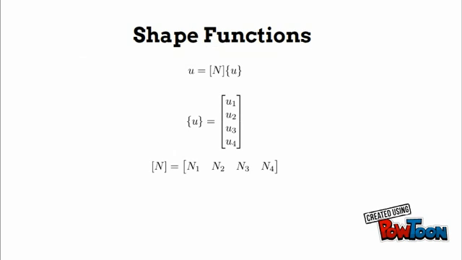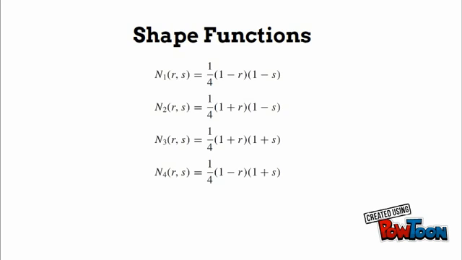We then use an interpolation function or shape function to define the variable at any location within the element. U, for example, can be defined at any location within the element as shown here. In this case, we will use the simple set of shape functions. Note that each shape function has a value of 1 at its own node and a value of 0 at